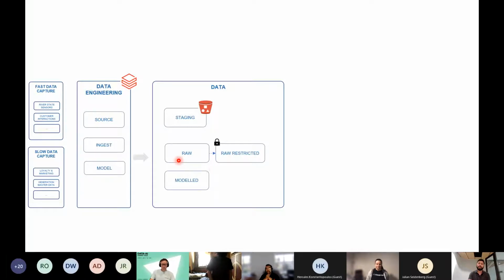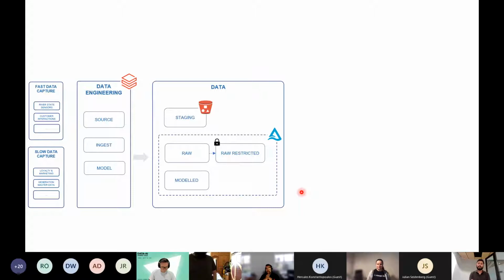When we are ready to understand how the data is going to be used, then we start applying transformations to it. We start blending multiple data sets into one, and then we start giving nice business names and definitions, write a business glossary and all that, and store it into the model layer. The model layer is the business data layer. When a business user or an end user wants to look at the data, that's where they go, because it's prepared in a nice format. It has nice business names to it, and it's easily understandable.